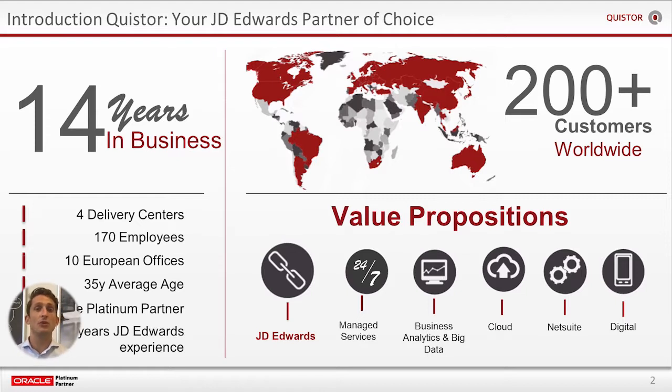Now, JD Edwards is our core business. What do we do in JD Edwards? We implement, we roll out, we improve. We provide 24/7 managed services. We do business analytics and big data for our JD Edwards customers. We have 2 cloud propositions, one private, one public. And we have a digital transformation department supporting our customers with implementing innovative solutions such as IoT, blockchain, or artificial intelligence. But why are we here today? To talk about Quister's Q Cloud License Audit as a Service,